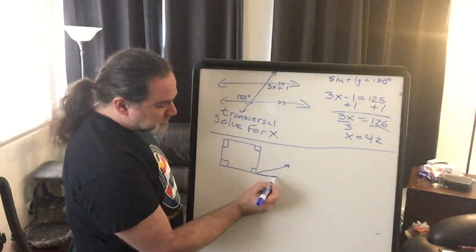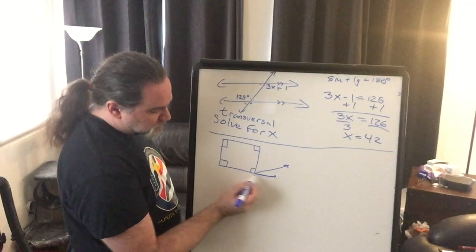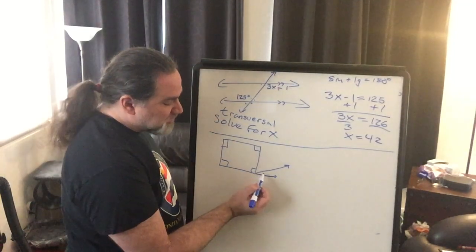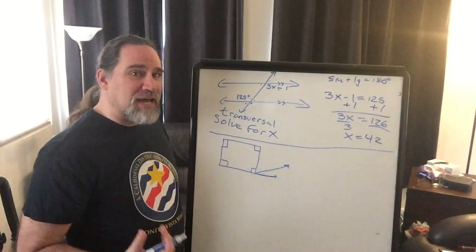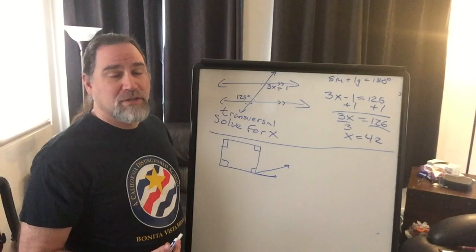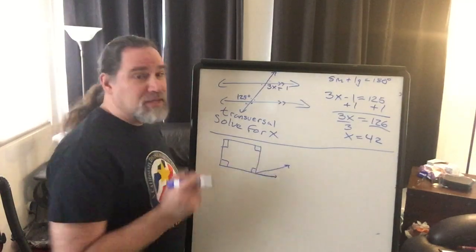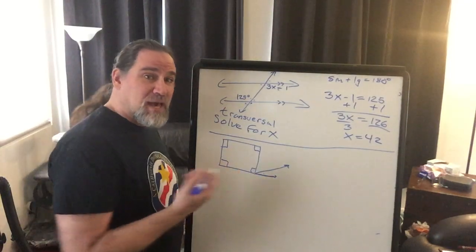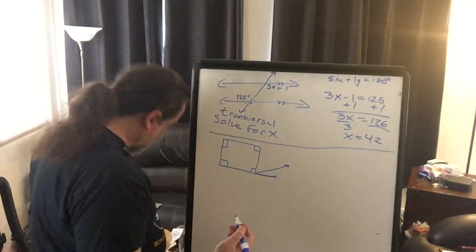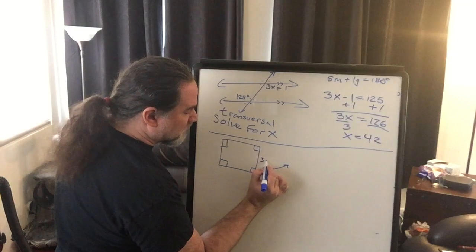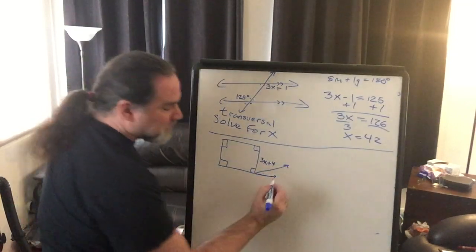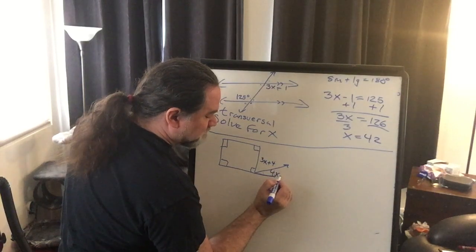However, I know this is a straight line, so I know this is 180 degrees. I know the box is a 90-degree angle, which means I know these two angles together have to add up to the remaining 90 degrees, which means they are complementary. Now I could add all three, make it supplementary, adding the 90. Let's do that, and then I'll subtract out the 90. So going to give this one a 3x plus 4. Going to give this one a 4x